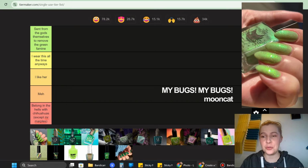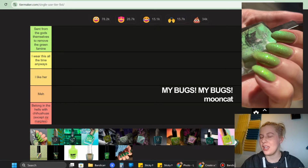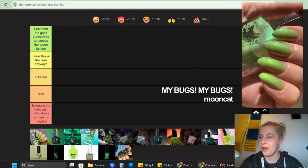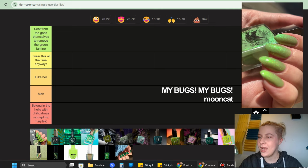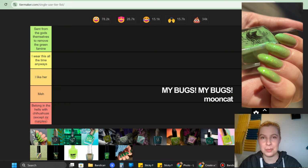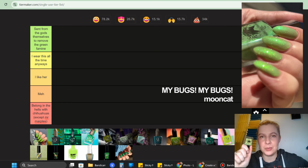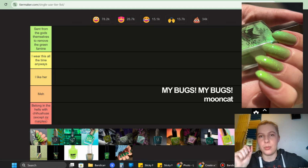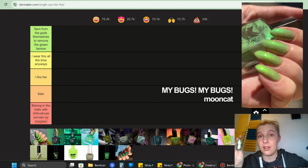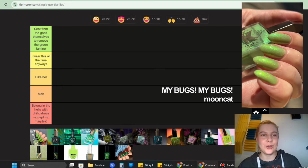Here in a fresh green base, we have shimmer that shifts from green to yellow to blue and even to purple at extreme angles. This polish also glows in the dark, which makes it extra special to me. Of course I regret I threw the box away because I didn't watch Nightmare Before Christmas until after I got this polish. And I have to say I'm a huge fan, so My Bugs goes to Sent from the